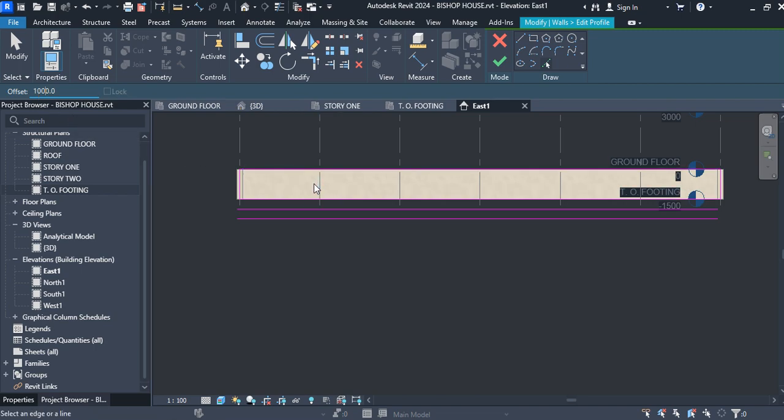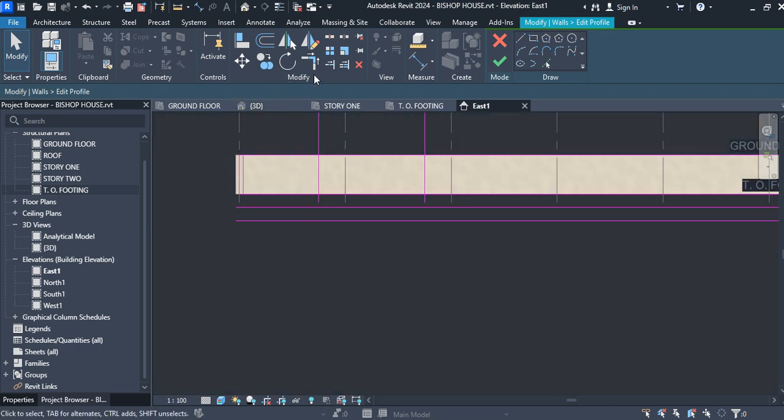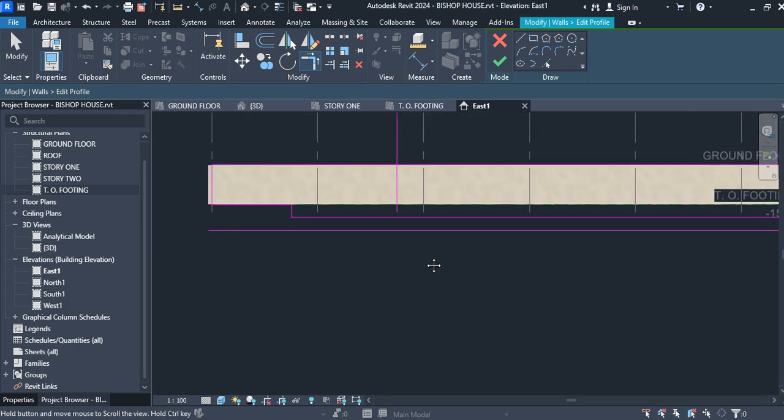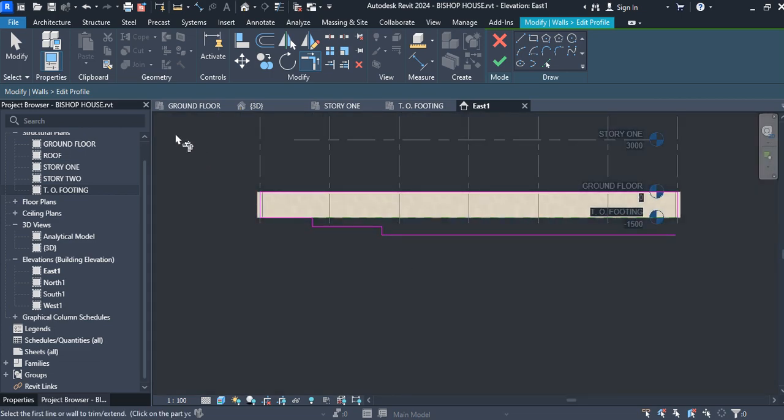We could offset this line, and again offset this line. So we can use Trim/Extend to extend this profile. For Trim/Extend here, trim extend this line to this line, and we trim extend this line to this line. Then you can also trim extend this to this, then trim extend this to that. So after that, we could select